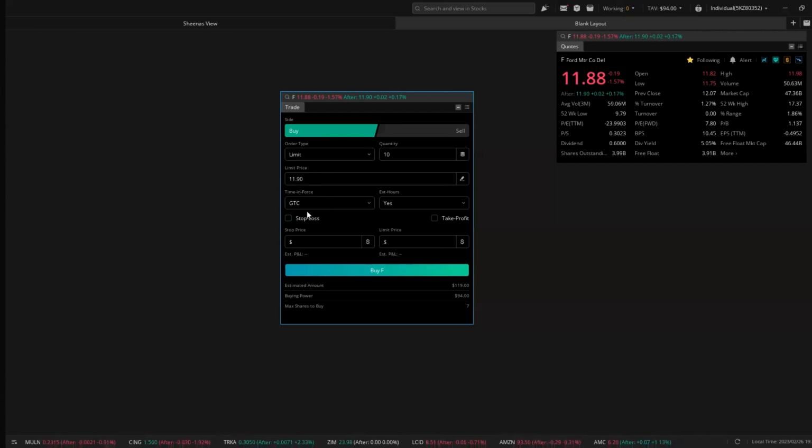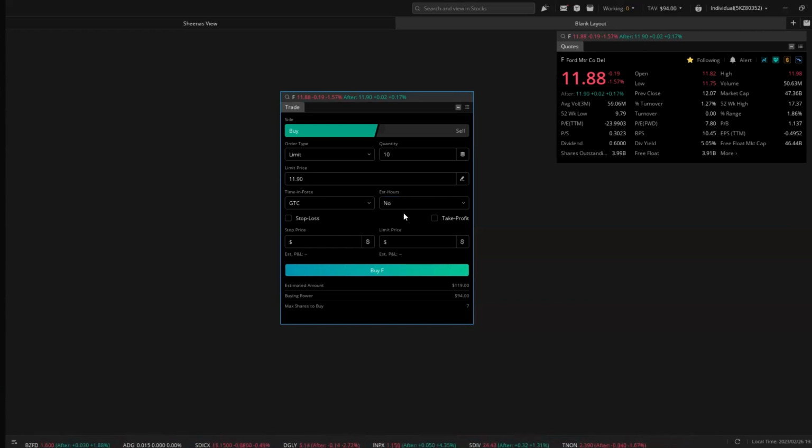And this is good till canceled, meaning it would be good until I cancel it or until the trade actually is executed. And then the extended hours, if this is checked, this means that your order will also execute in pre-market or aftermarket. If this is no, then you will only get filled if the order meets your desired entry or exit